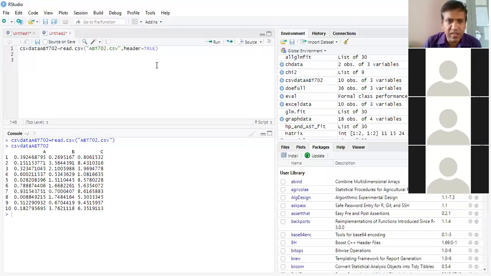Now in this particular command, you can see that I have just entered the name of the file and executed it. So now this first row is not considered a header. If I put header is equal to TRUE, then it will understand that it is a header, so it will not be included in the analysis. I mean, it will not take it as an error or something like that if we do some analysis.